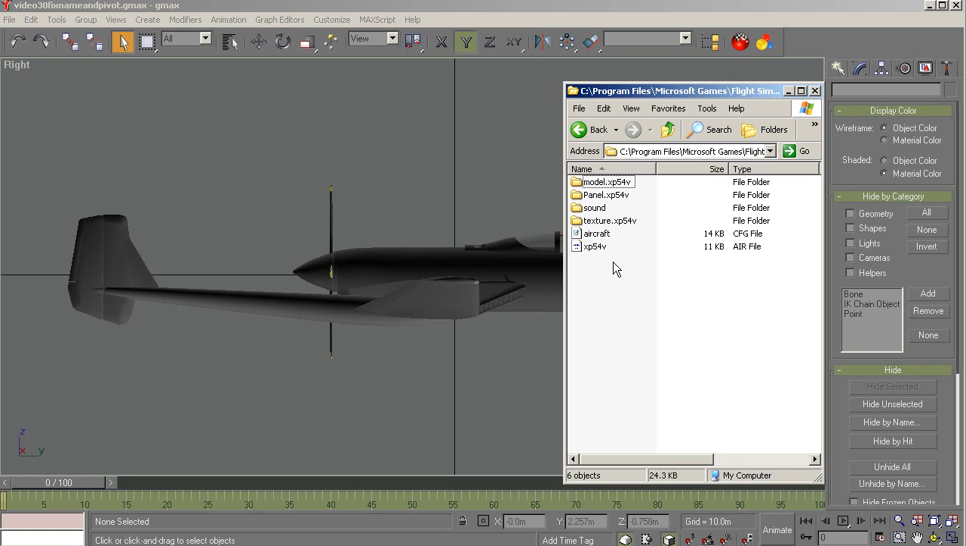So okay, I've got them in there, but I don't want to get these confused, or I don't want the sim to get confused with my other projects. So what do I do? I give a name to each of these folders. Model dot XP54V for video, panel dot XP54V for video. The sounds I just copied straight over. It's not a problem. It's usually the model that will get the sim confused. And the textures I just copied over from the other folder,